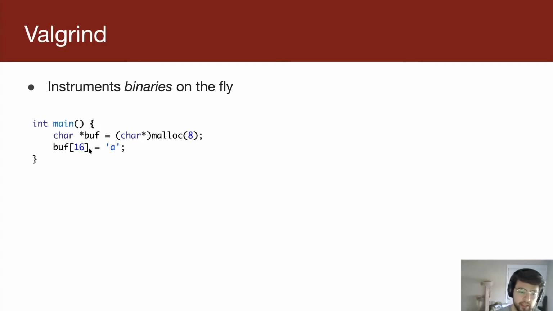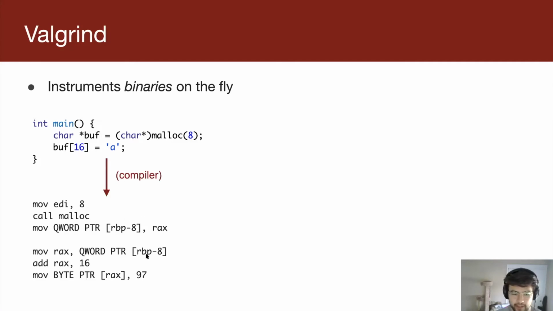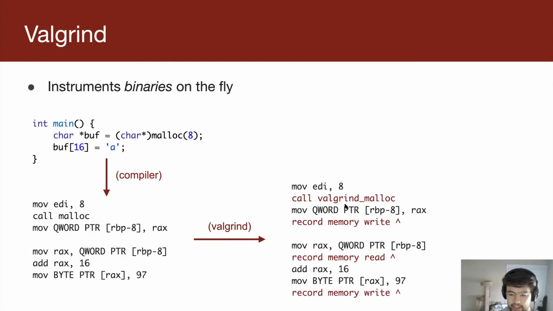Probabilistically, it won't make your program crash, even though it did corrupt memory, and this is very not good. So the point of modifying this assembly is so that Valgrind can observe all of the things that we're doing. It can observe, okay, you're calling malloc. It can observe, okay, you're loading and storing memory. And every time you load and store memory, it can validate what you're doing and say, okay, that's legit.